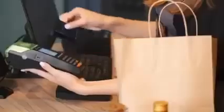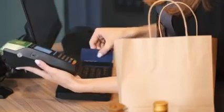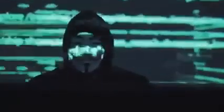Debit cards and credit cards, we all have them and use them on a daily basis. But did you know how easy it is for scammers to steal your card information? Swipe, swipe, swipe. So in this video, we're going to talk about payment card fraud, what it's all about, and how you can